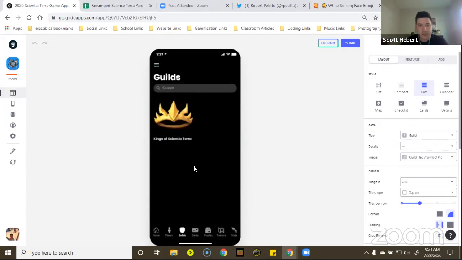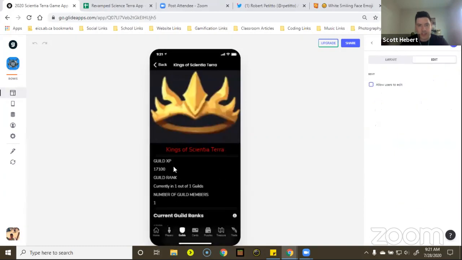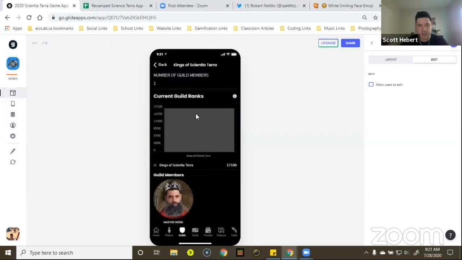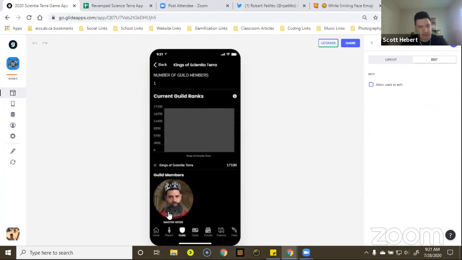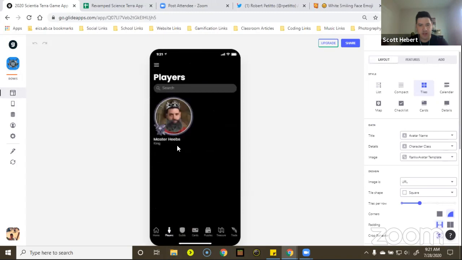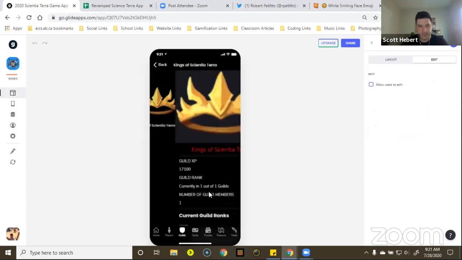So then you have your guilds. The kids will be making their guilds, and the cool part is the guild will show you where you rank in a graph. Obviously, it looks like this right now because there's literally only one guild, which is me. The app will automatically find all the members of your guild and pull it right here. When you click it, it'll link to your profile. And I more than likely am going to be changing this image to reflect that one in a little update later on.